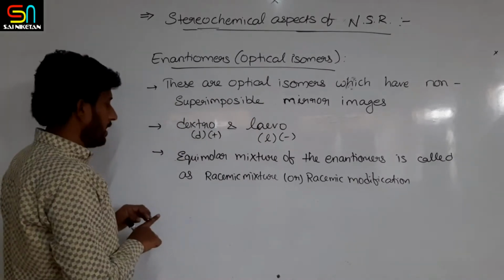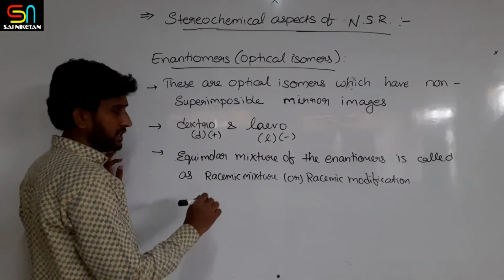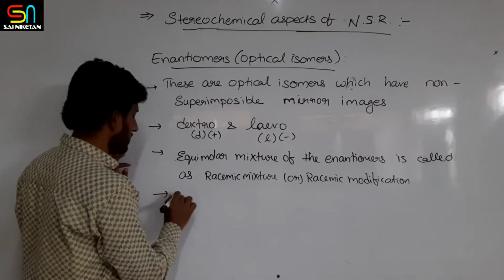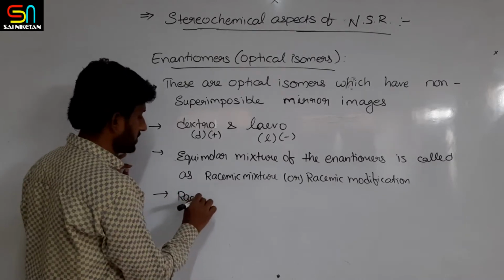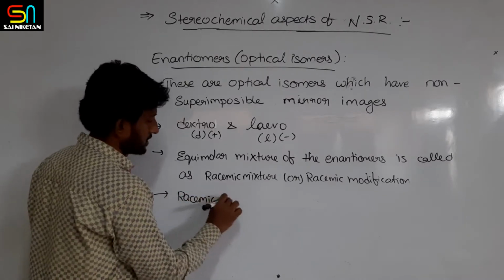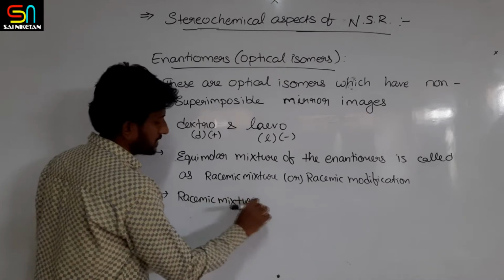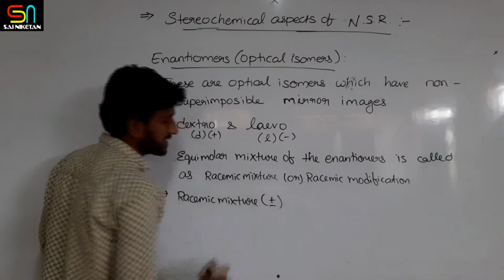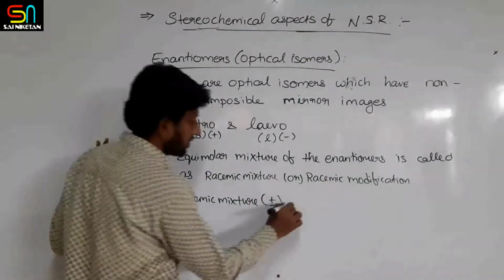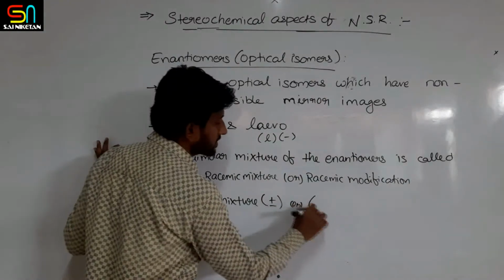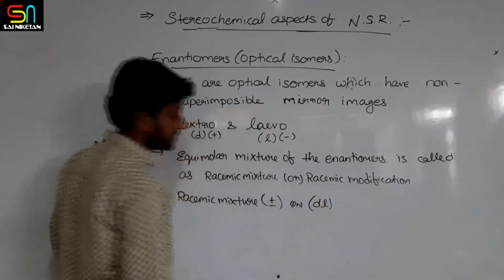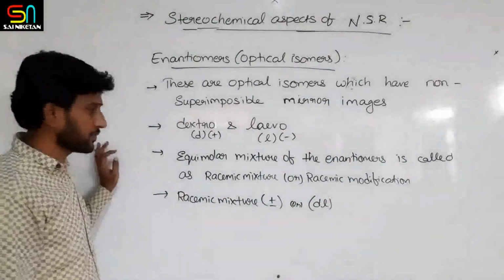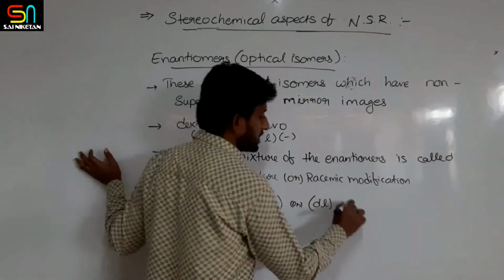A racemic mixture is indicated with the symbol plus-minus in brackets, or it can also be indicated with the symbols D and L. And a racemic mixture is optically